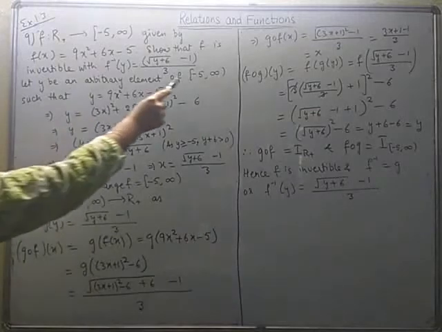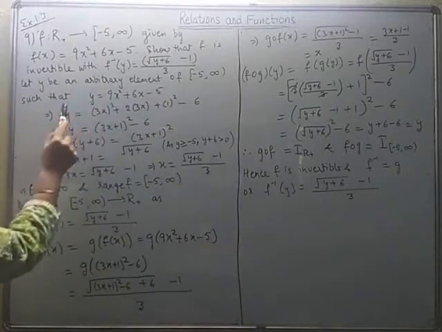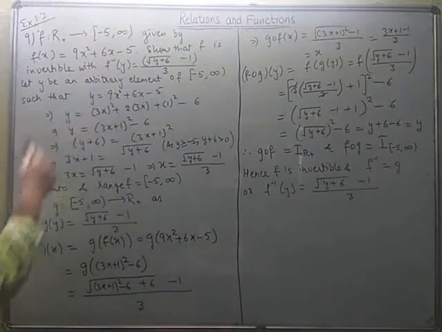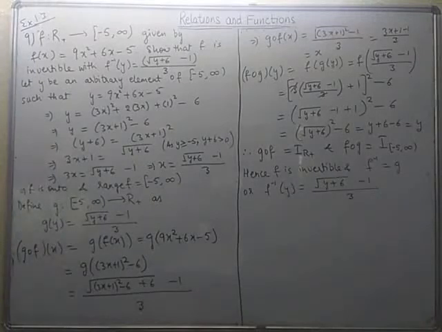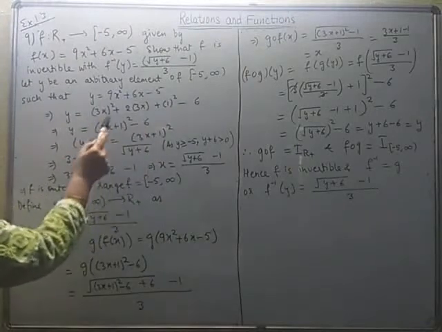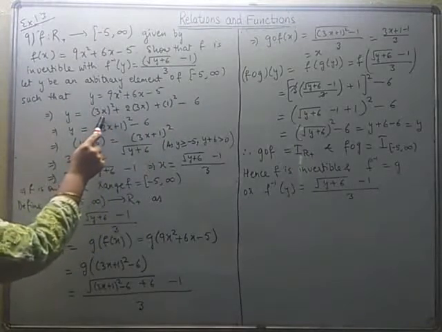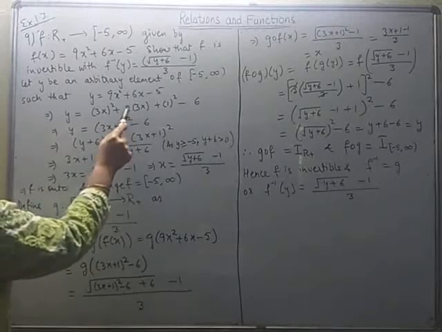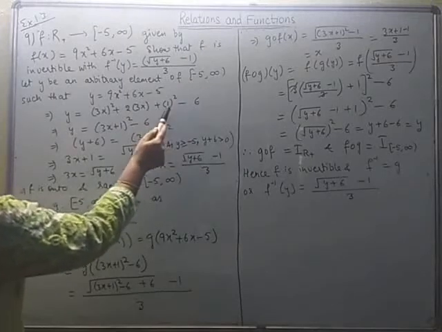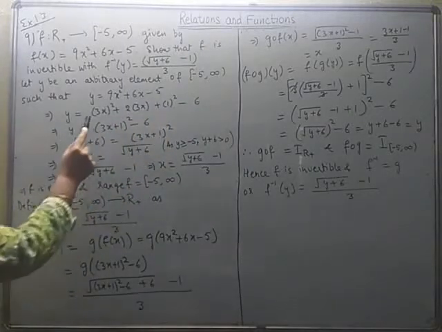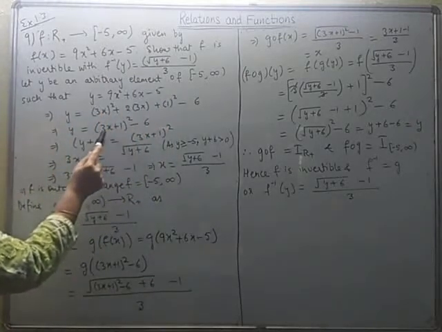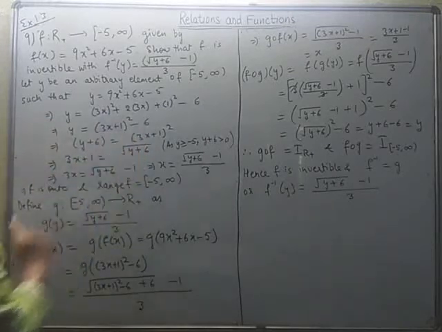So I have taken an arbitrary element in the codomain such that it is the image of x. So y is equal to 9x squared plus 6x minus 5. So y is expressed in terms of x. We'll try to express x in terms of y. For that I have converted a part of this into a perfect square. 9x squared can be written as the square of 3x, 6x is broken into 2 into 3x, and instead of writing minus 5, I have written it as 1 minus 6, and 1 can be written as the square of 1. So if you see, these three collectively give us a perfect square. It reduces to the square of 3x plus 1, and then minus 6.